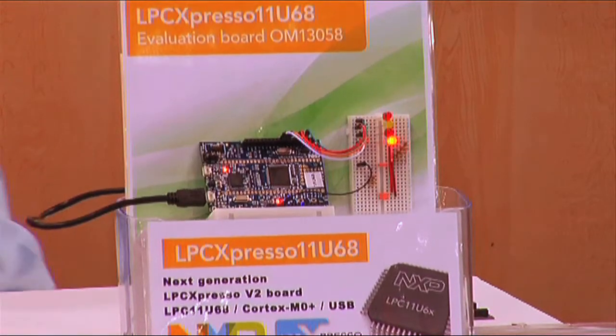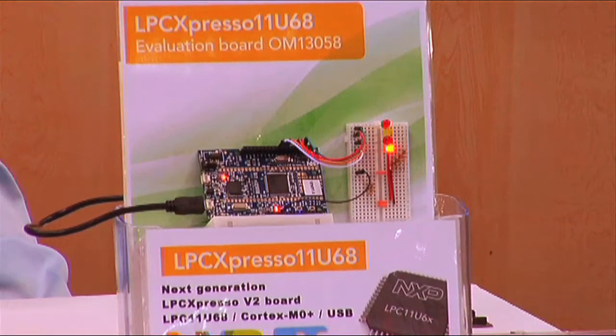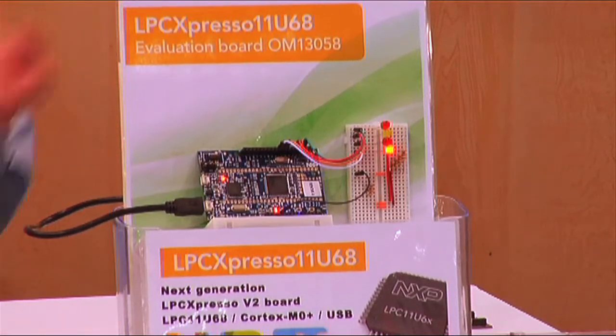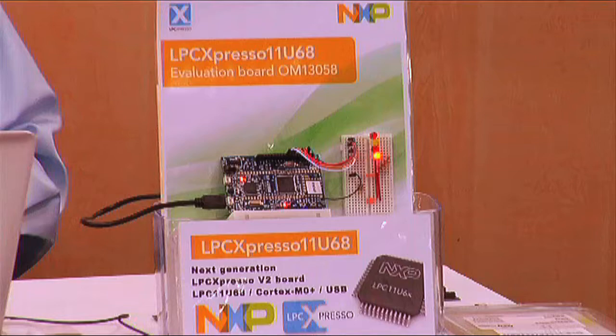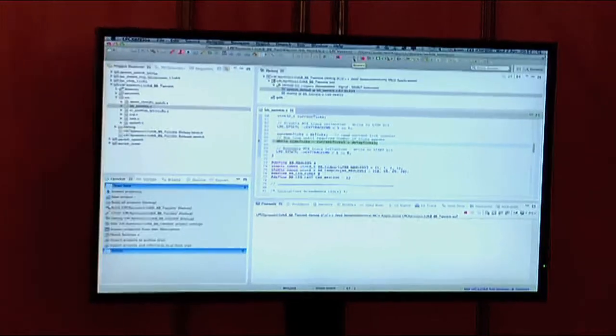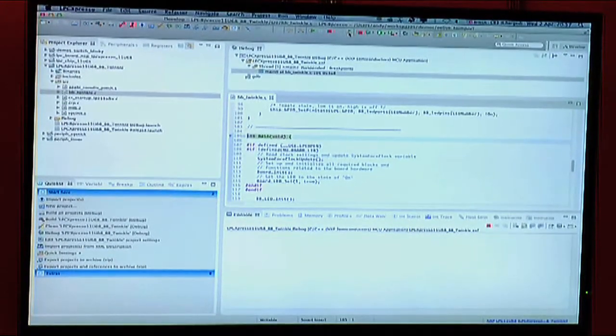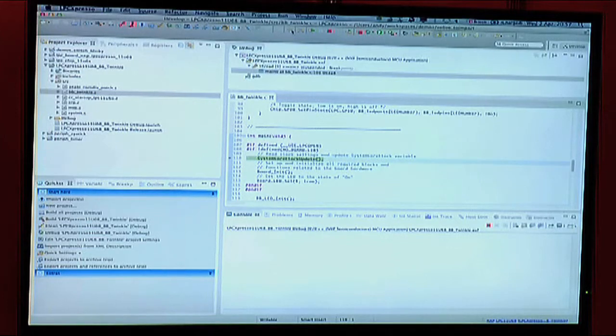You can see that all of the run controls are up here in the icon bar at the top of the screen. We've got the usual controls: step, step into, step over, resume, and terminate to actually kill our connection when we've finished our debug session. The other thing we can do up here is use a restart button, and this basically simulates reset, so we'll go back to the start of our program. I'll just do that now. As I said, we've got step and step over, so if we just step a couple of times,